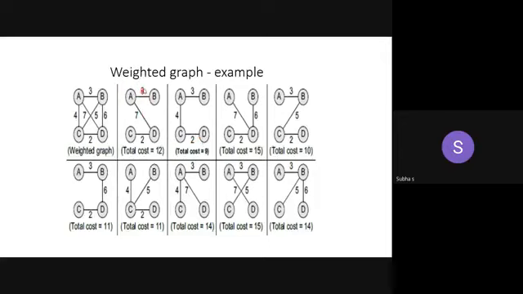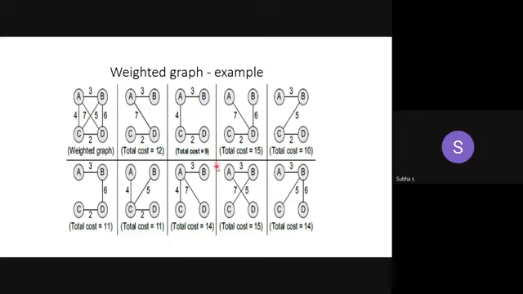But now sum up all the weights, 3 plus 7 plus 2. So here the total cost is 12. But if I move like this means 4 plus 3, 7 plus 2, 9. But I move like this, in this way means my cost is 15. Here 10, here 11, here 11, 14, 15 and then 14. So among these, which one is having minimum cost? The second spanning tree, because this is your first spanning tree, this is the given graph. So this spanning tree, it covers only the minimum distance because the total cost is 9.